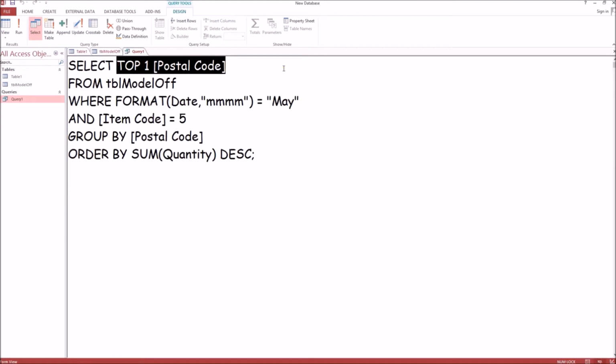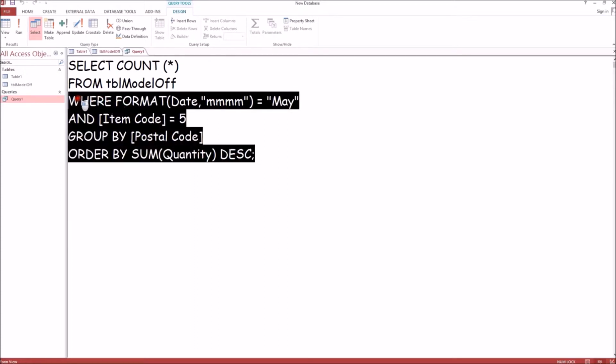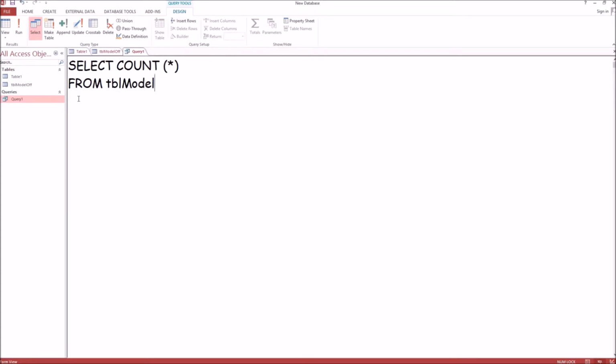Let's do select count all from. In this case, we need to create another subquery, which is a little involved, but not too bad. From select postal code